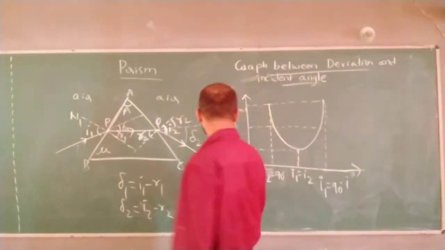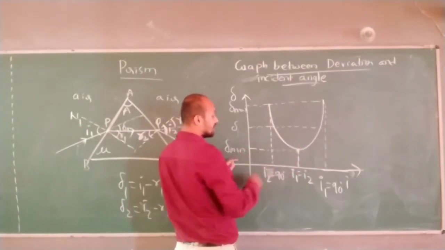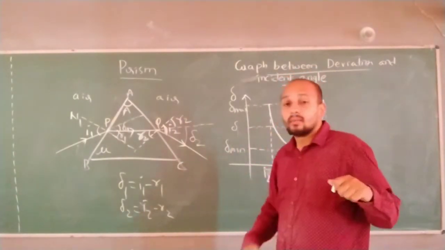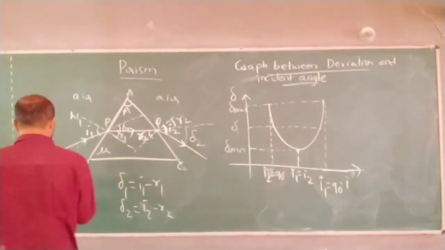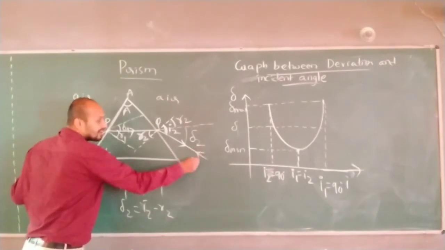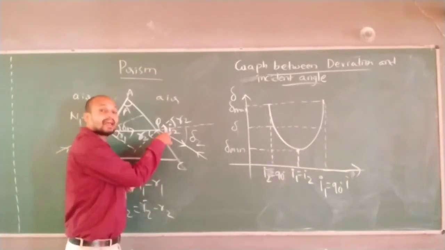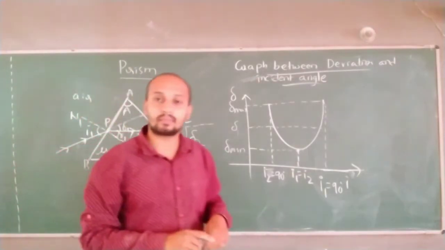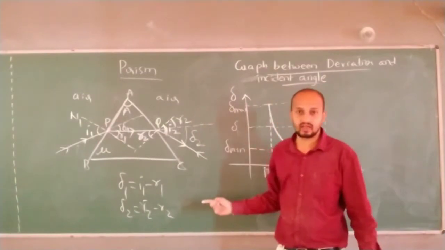How can you say that? Because there is only one value which satisfies this. See, why is it happening like this? Because of the principle of reversibility. What does the principle of reversibility mean? If I send a ray of light like this, correct now? If I send the ray of light again in a backward direction, this I2 will act like an angle of incidence, and angle I1 will act like the emergent ray. This is the principle of reversibility. It follows the same path as it was moving before.